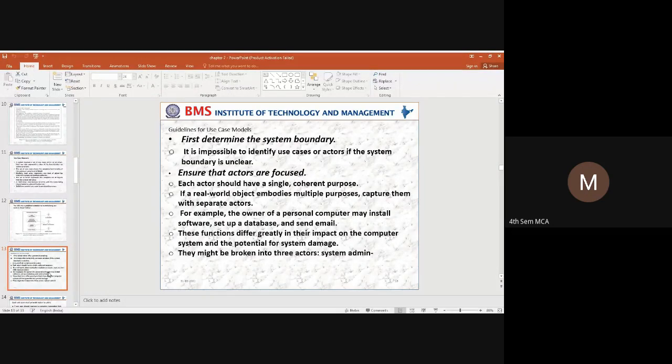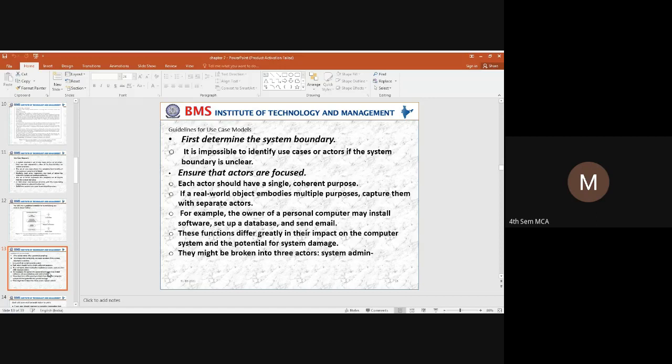That means you need to define what the actual system has to do. For example, in online banking, with respect to the customer, what does the customer actually need? Only fund transfer, taking a mini statement, and the transactions that have occurred. So you need to define a scope.